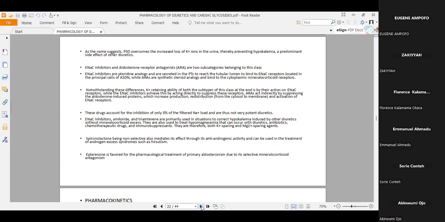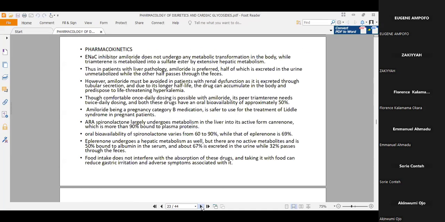It mediates its effect through its anti-androgenic effects. And because of that, it can be used in the treatment of androgen excess syndromes like hirsutism. And eplerenone is favored for the pharmacological treatment of primary aldosteronism due to its selective mineralocorticoid antagonism. So for the pharmacokinetics,